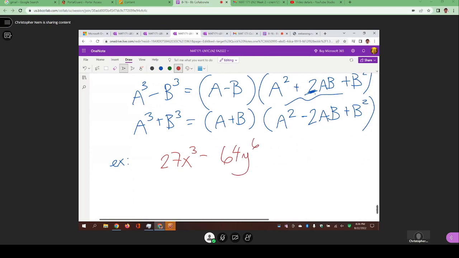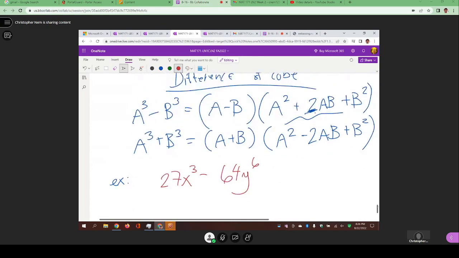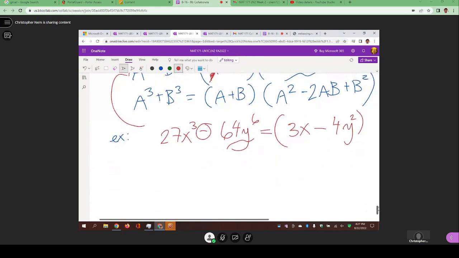Well, if I'm going to do this, I've got to follow that little rule right here. So clearly this is a subtraction symbol, so I'm going to use this one. And it's saying a cubed, so this is going to be the cube root of whatever that value is. This is going to be exactly equal to the cube root of 27x cubed, which is 3x. And minus, now we've got to get our b value. Well, that's the cube root of this, and that's going to be 4y squared. So let me rewrite this out. This is going to turn into (3x minus 4y squared) times